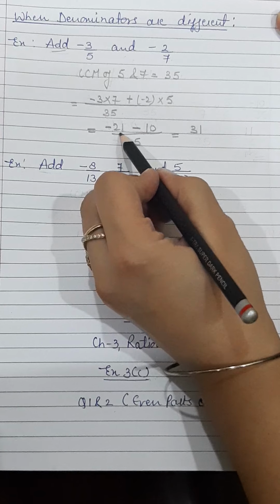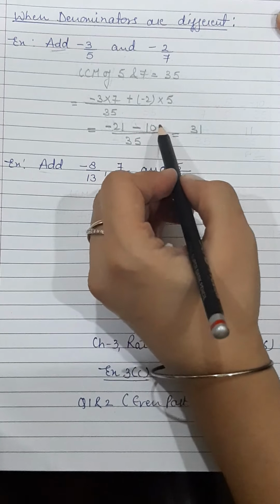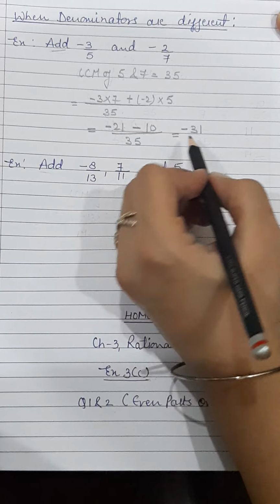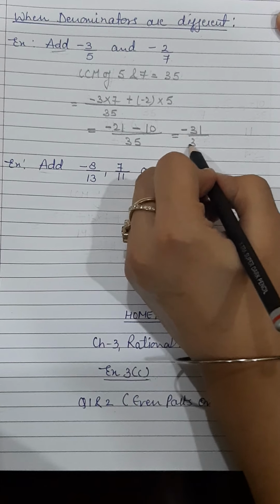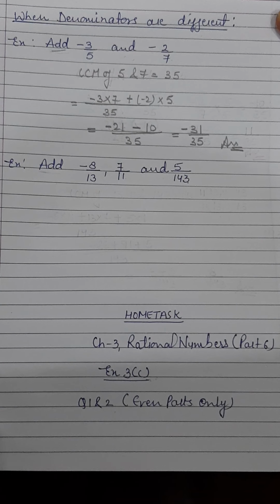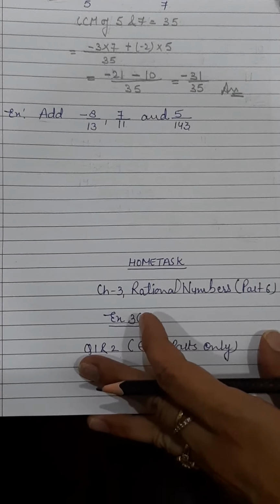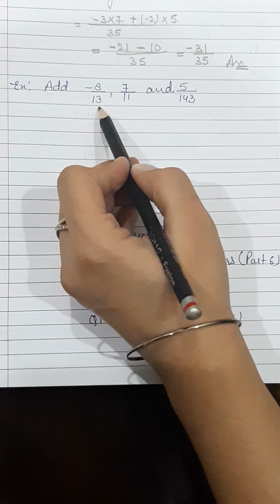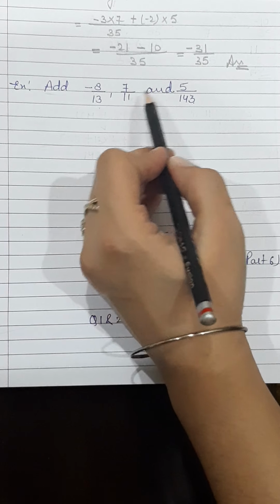And sign according to the greater value. Which one is greater? 21 is greater. So sign will be negative. Minus 31 by 35 will be the answer. Is it clear? Now next example, if you have to add minus 8 by 13, 7 by 11 and 5